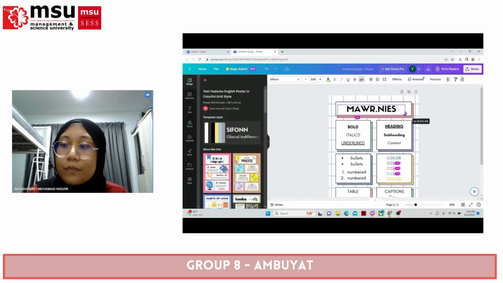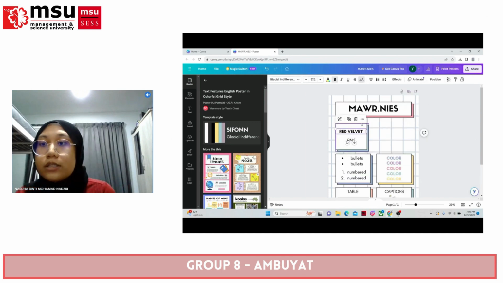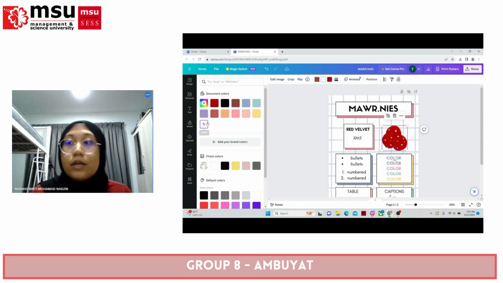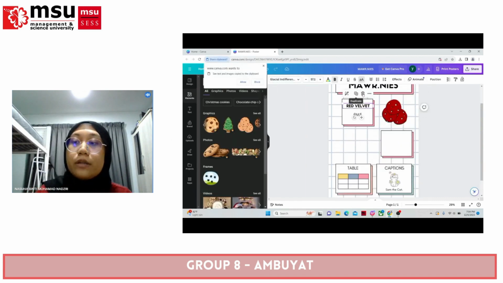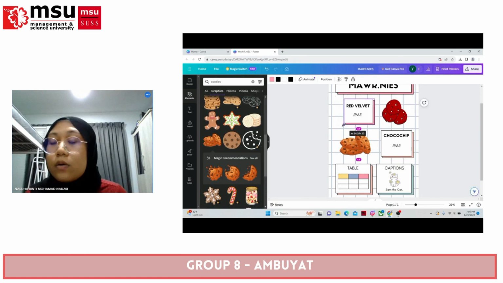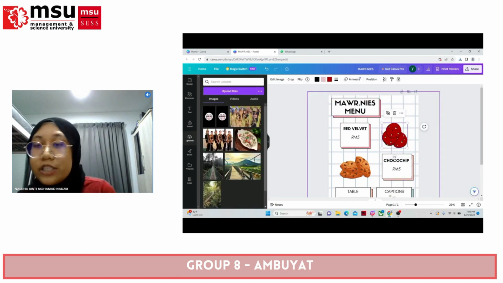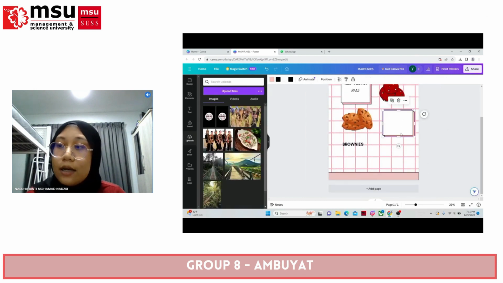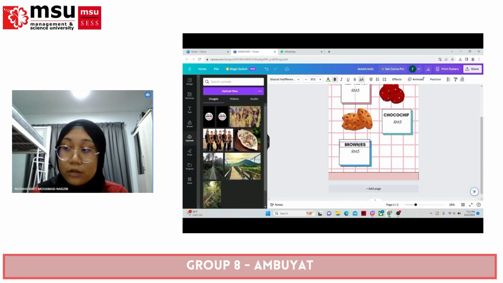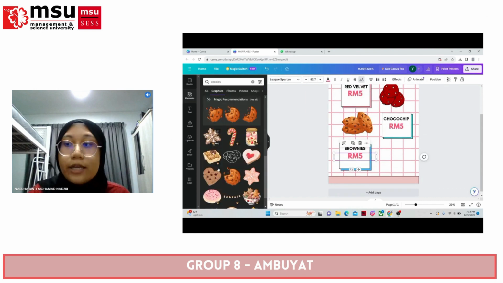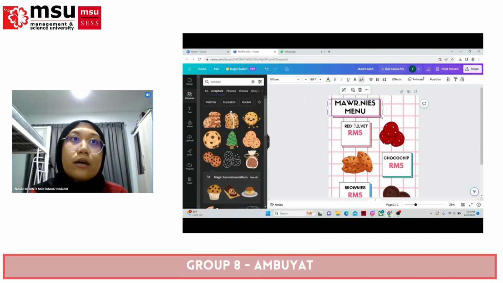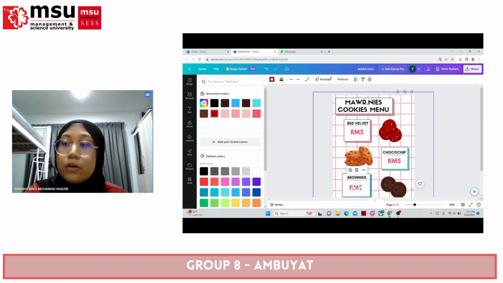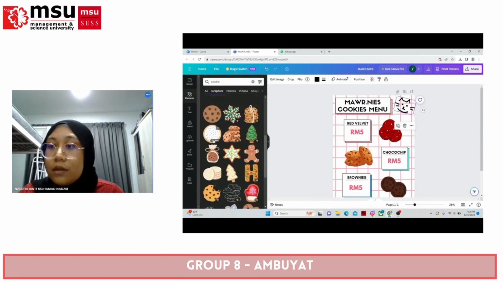So the second one that I did for her business is the menu poster. For the menu poster, I also make it look simple because she requested that she wants a really simple look. So I just add a price box with pictures of the cookies that she's selling, and for the background I just add a pink and white color grid.